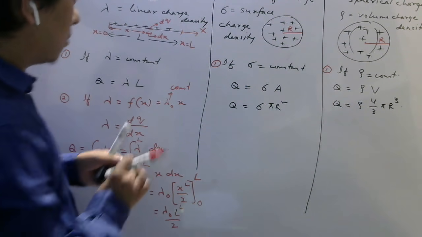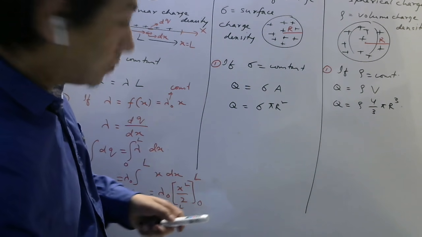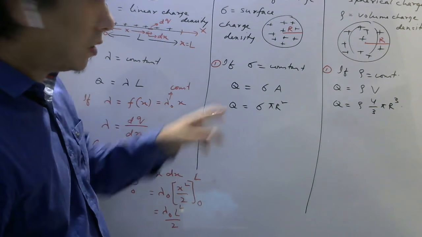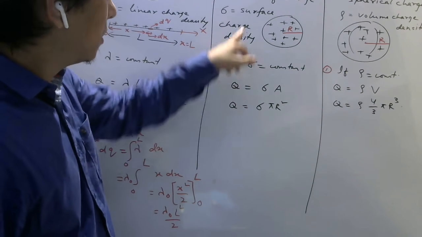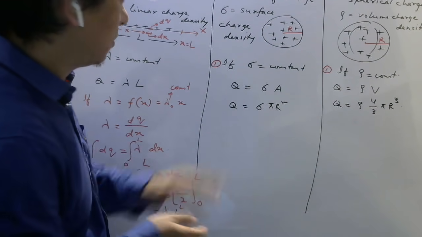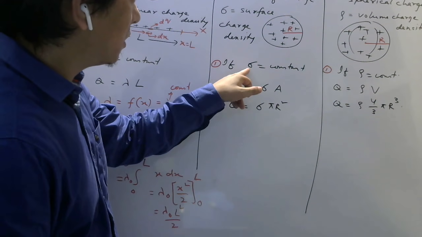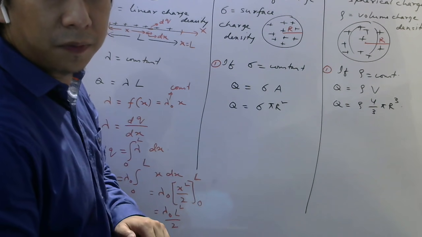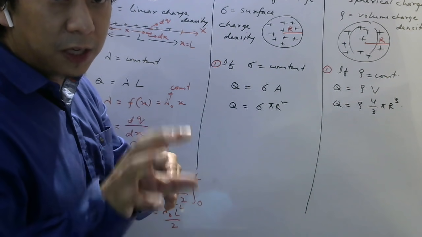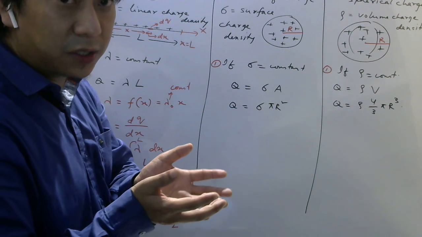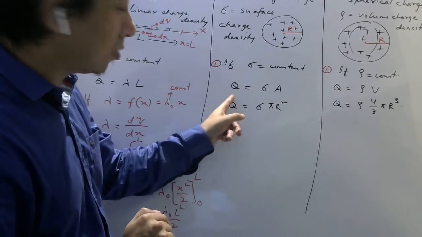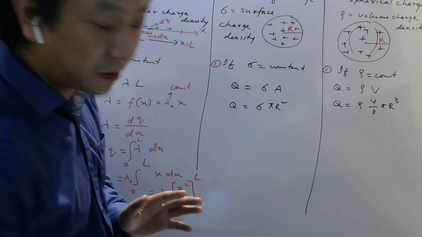Okay. Now, here the charge is on a disk. And if your sigma, which is the surface charge density, is constant, then it is not a problem. Then you can write the total charge as sigma into area, because it is charge per unit area, like cost per apple. If you multiply by the number of apples, you will get the total price. This is charge per unit area. If you multiply with area, you will get the total charge. Think carefully about whatever I am saying.